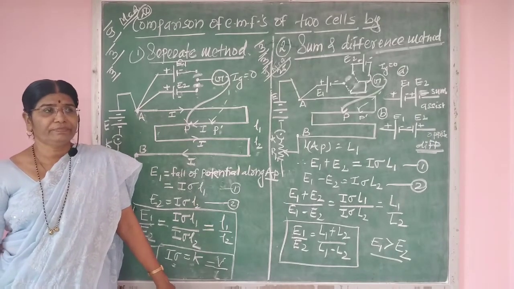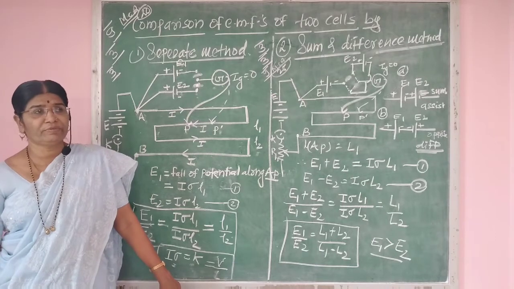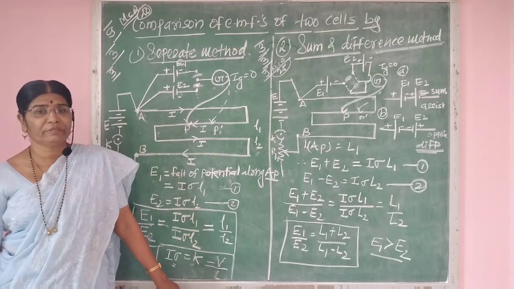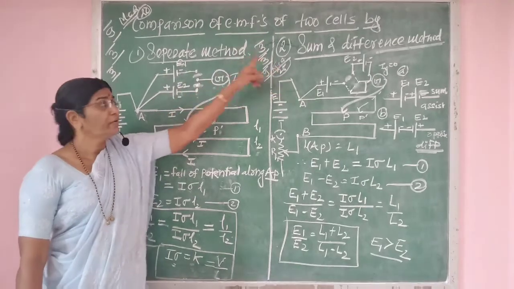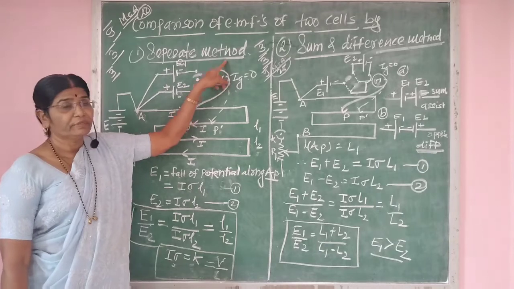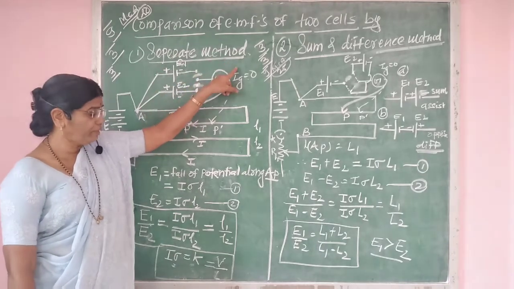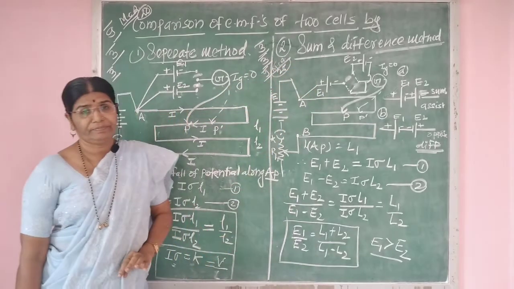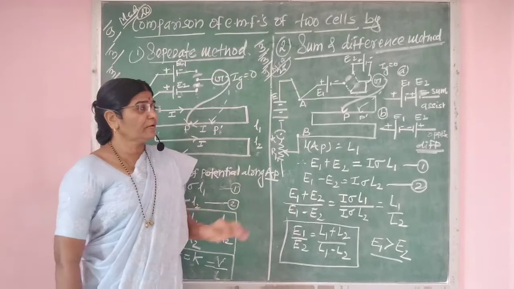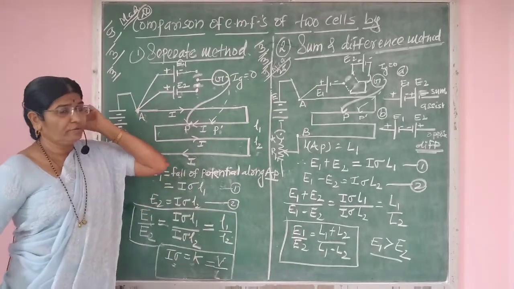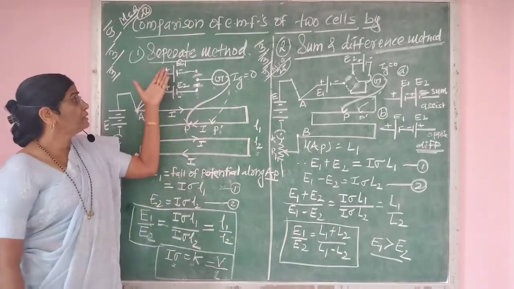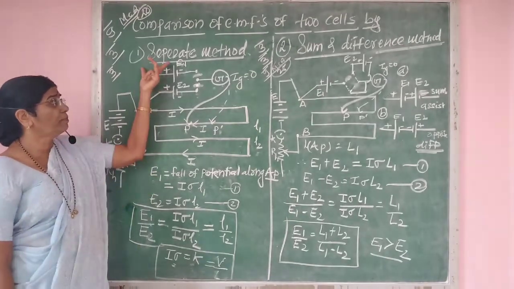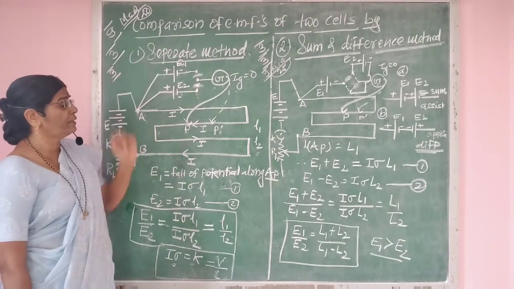तर पहिला यूज आहे टू डिटरमाइन द EMF ऑफ सेल आणि टू कंपेअर द EMFs ऑफ टू सेल्स बाय यूजिंग पोटेन्शिओमीटर. याच्या 2 मेथड आहेत. एक मेथड आहे सेपरेट मेथड किंवा त्याला आपण इंडिव्हिज्युअल मेथड असं म्हणतो. दुसरी मेथड आहे सम अँड डिफरन्स मेथड. त्याला आपण असिस्ट आणि अपोज असं सुद्धा म्हणतो. तर जे पहिलं मेथड आहे सेपरेट मेथड आणि इंडिव्हिज्युअल मेथड, टू कंपेअर द EMFs ऑफ टू सेल्स बाय सेपरेट मेथड